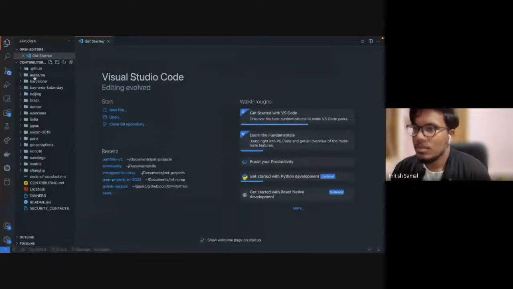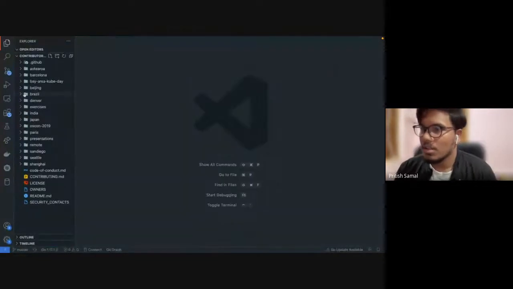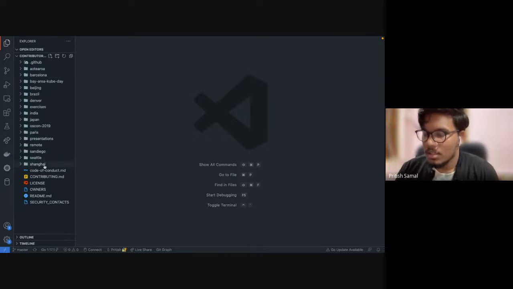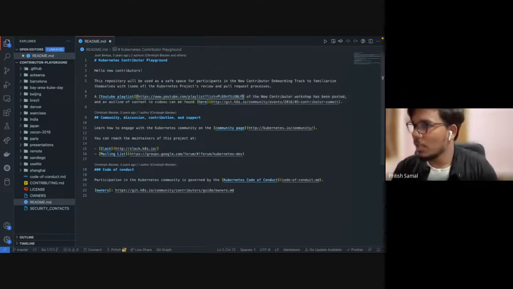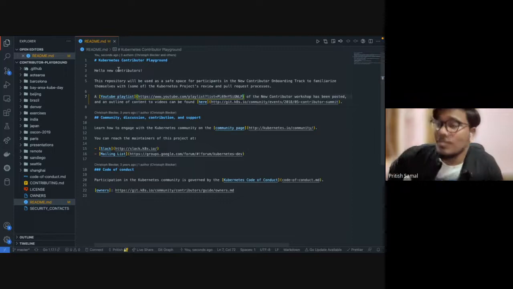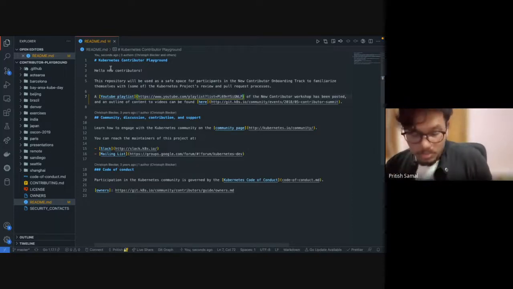Okay, so this will be looking a bit familiar. As you can see, there are all the folders here and all the files which we had in the fork repository. And now what you can do is, suppose this link is broken, you can put the correct link, like let's say do a certain change here. So when you change something, oh wait,